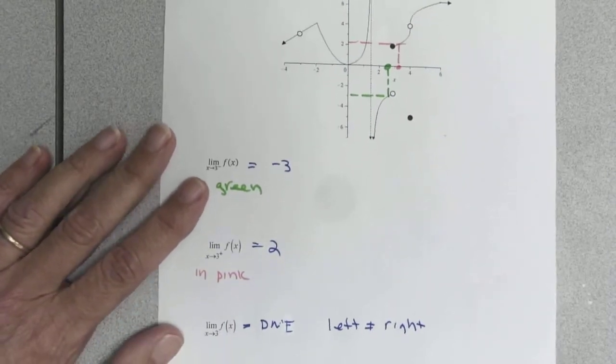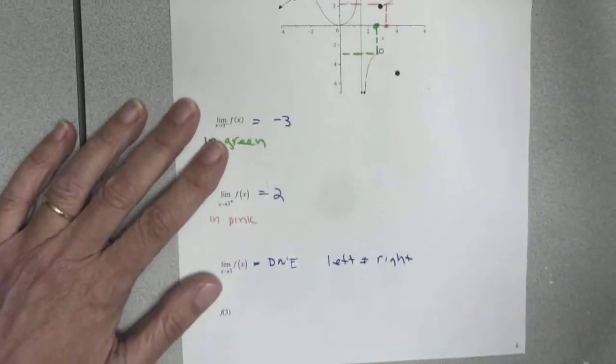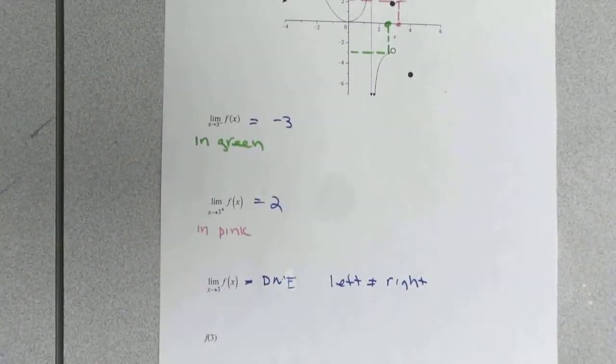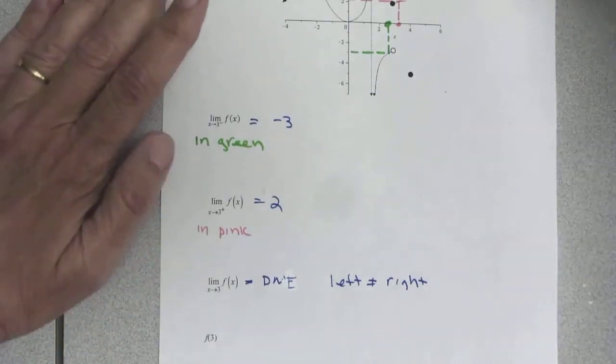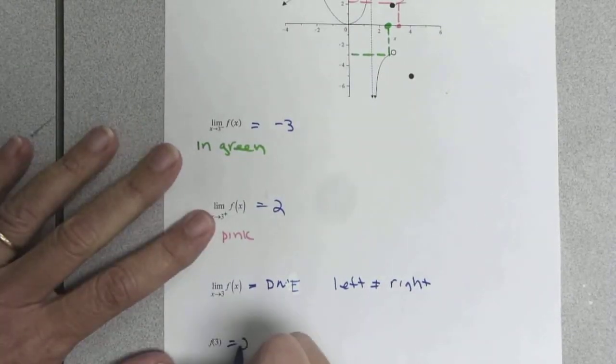Then finally, f of 3. Can I get it on there? Yeah. F of 3. Closed circles are honest-to-goodness points. They've been emphasized, but they're still just ordinary points. Open circles are a missing point. So when I want to find f of 3, I'm looking at that closed circle. And so f of 3 is going to be 2